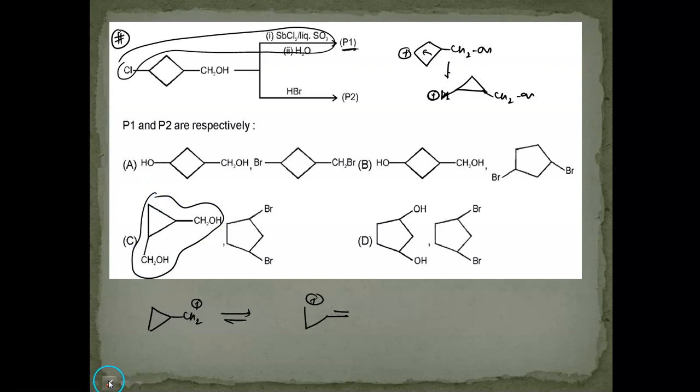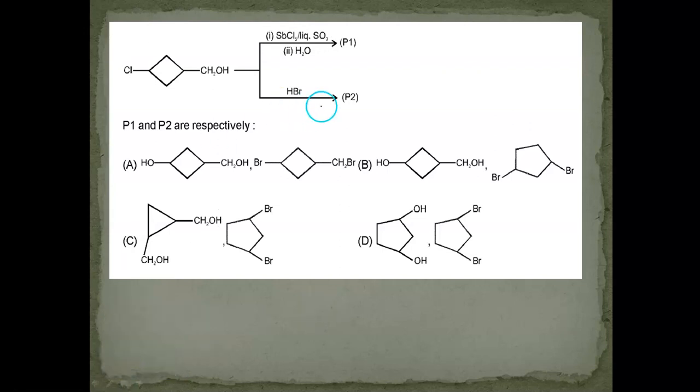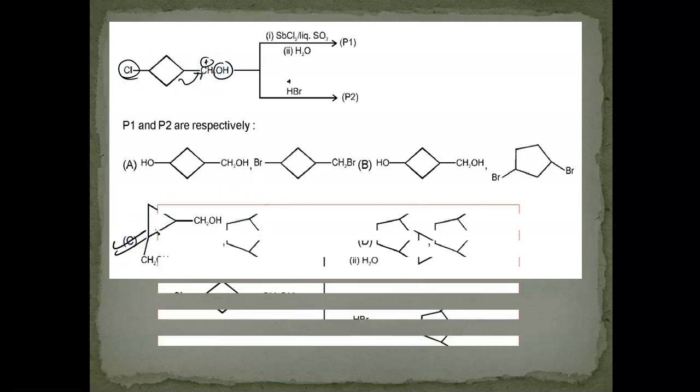What happens with HBr? For HBr we can see the reaction is going to proceed like this. H plus attacks first, H2 is gone, and then there is a plus over here. Then in the case of ring expansion, it forms a 5-membered ring. Then because bromine is more nucleophilic than chlorine, it replaces this chlorine as well as attacks on the new positive site also. So the answer for this question is C.